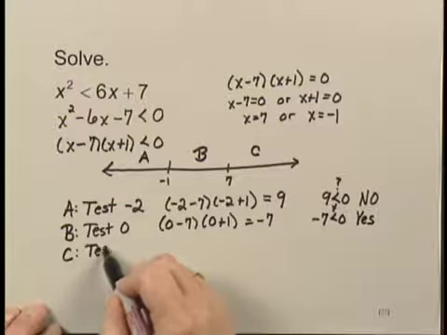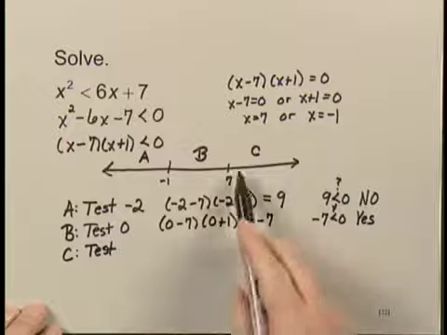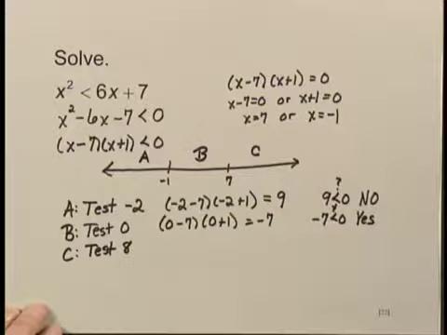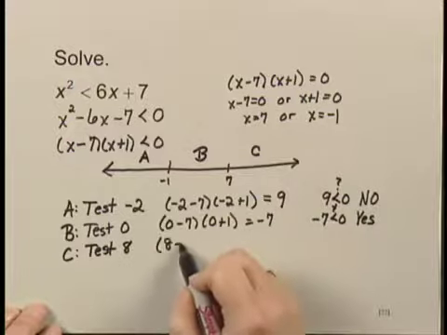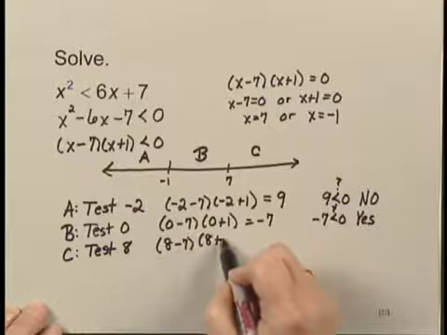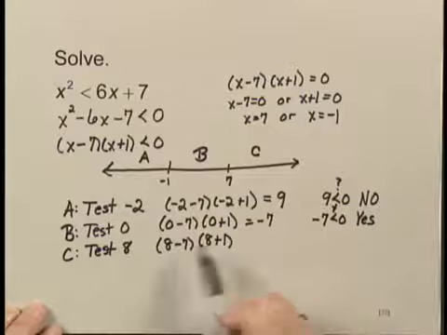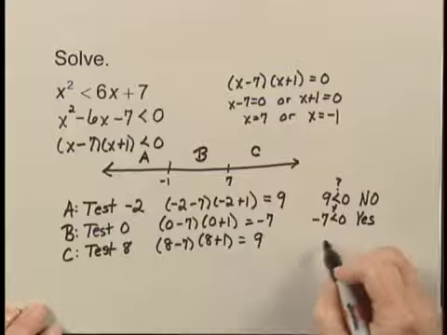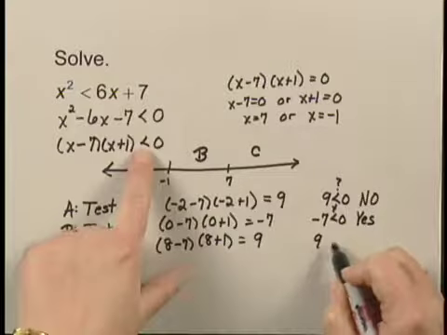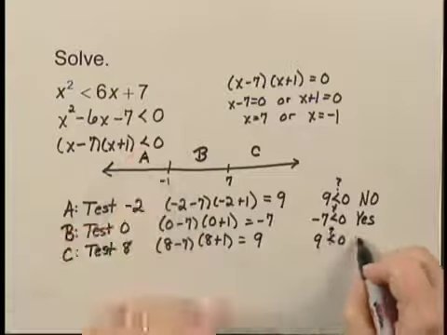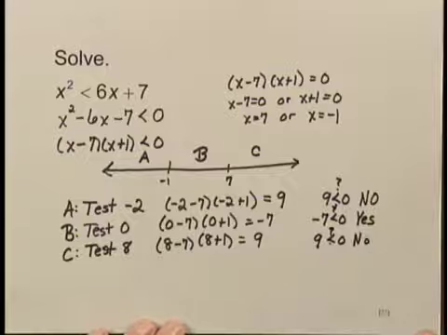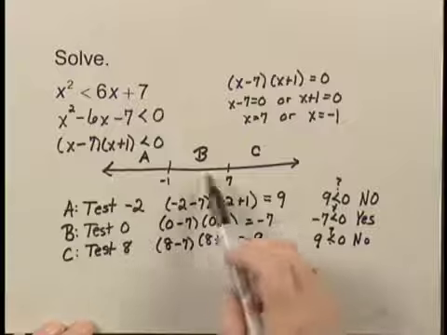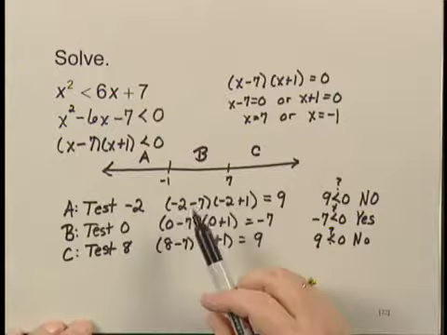Now we'll try one more. I've got to test something in interval C, and I'll choose 8. Now I check 8 minus 7 times 8 plus 1. That's 1 times 9, which is 9. And I ask myself, is 9 less than 0? And that answer is no. So this expression will be negative only in interval B, and it will be negative for all real numbers in